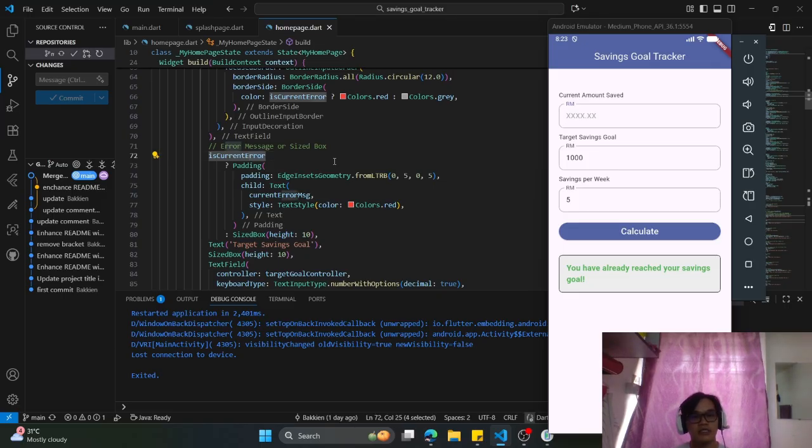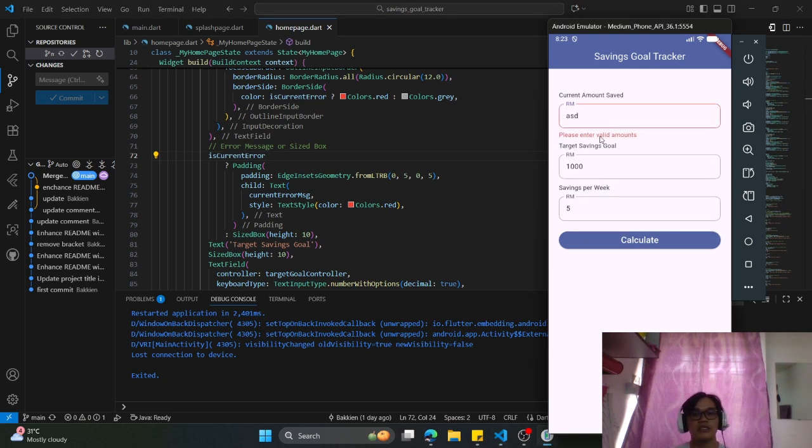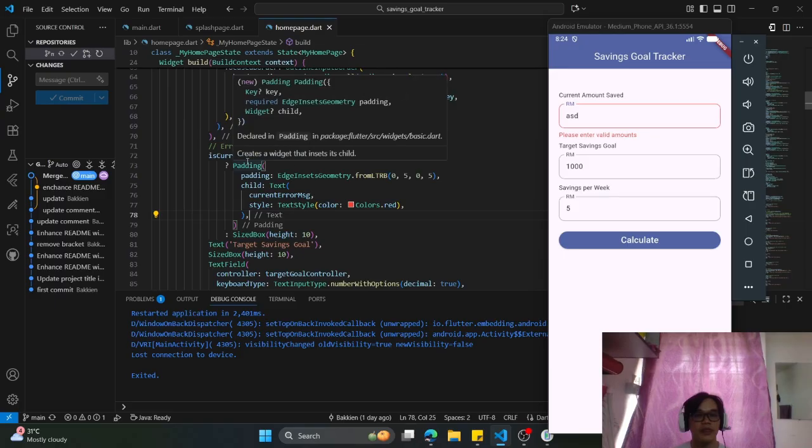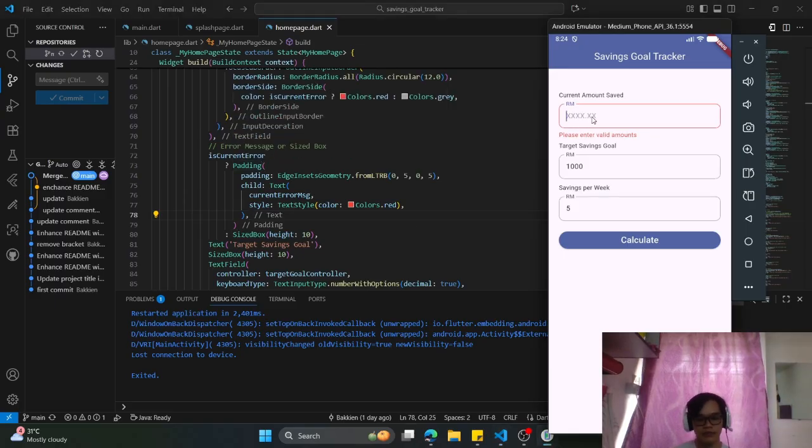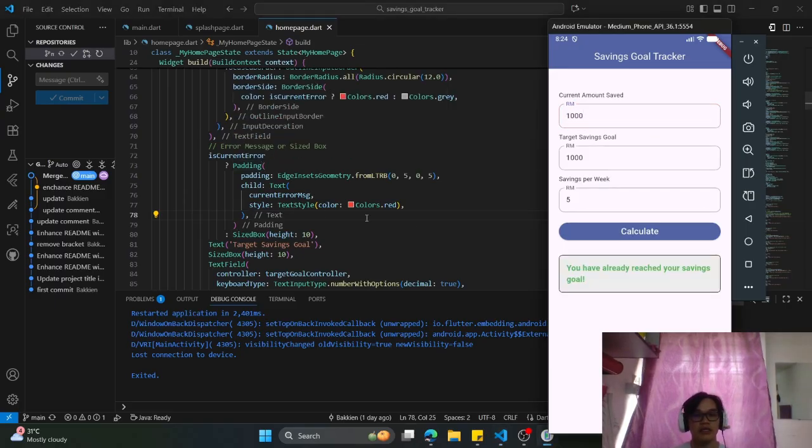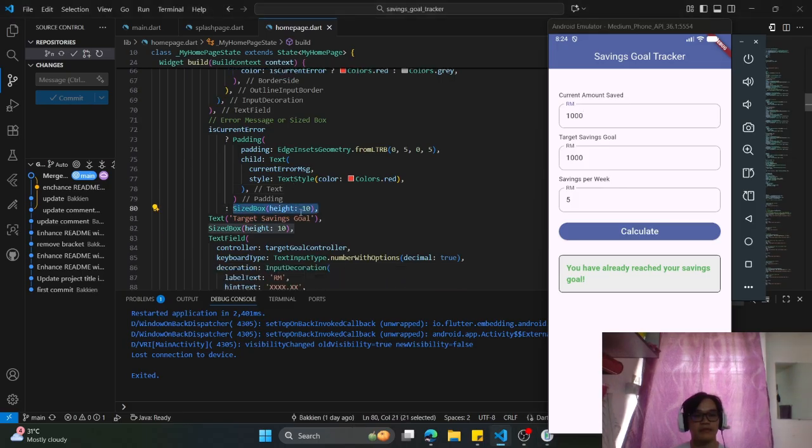Moving to the next, it is also the same, checking the error. So what is the condition, and here is what happens if there is an error. Let's say there is an error. Here you can see the red color of the border and the red text. That means it matches with having the text with the error message and the style color in red. If no, there is not any error,